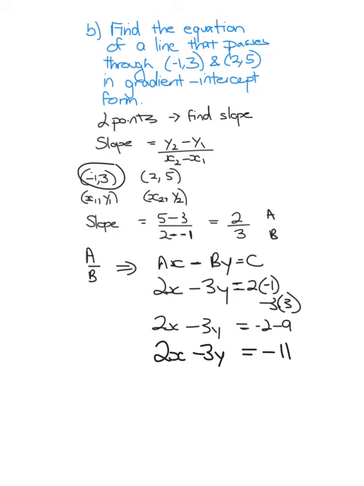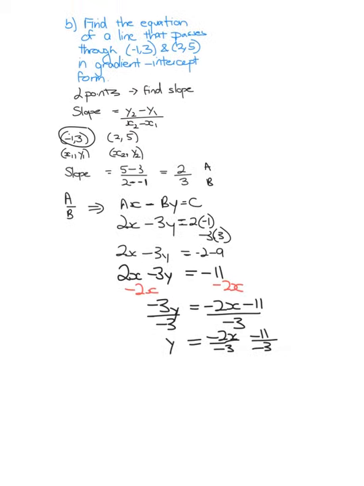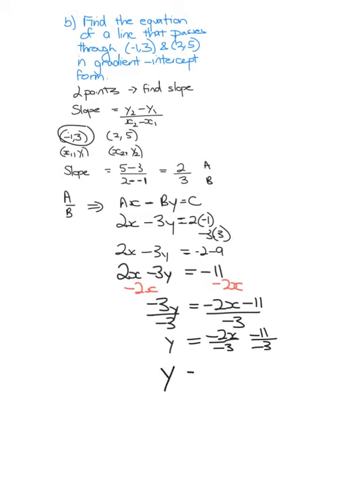Now that again is not in slope-intercept form. So I'm first going to take 2x away from both sides, which is going to give me that negative 3y is equal to negative 2x minus 11. But then I also have to get rid of the minus 3, and so because that's really minus 3 times y, I'm going to divide by minus 3. And I'm going to get that y is equal to negative 2x over negative 3, take 11 over negative 3. Now a negative divided by a negative is a positive, so therefore y is going to equal 2x over 3,